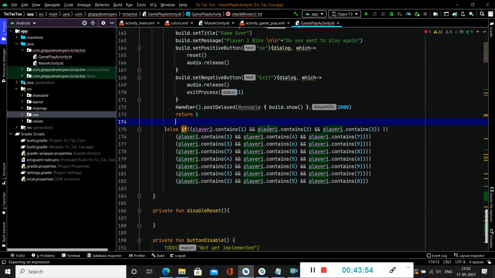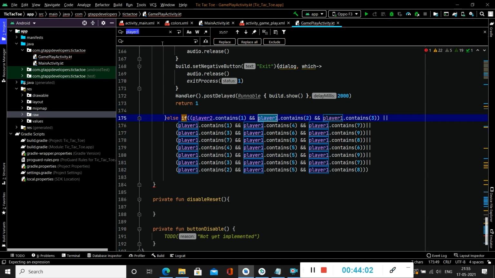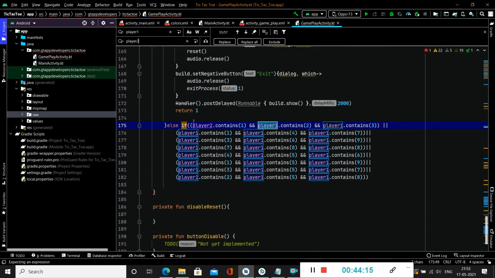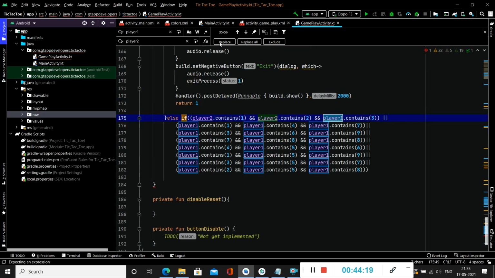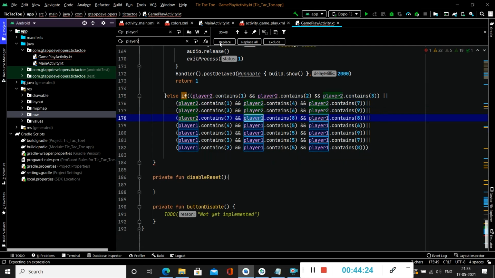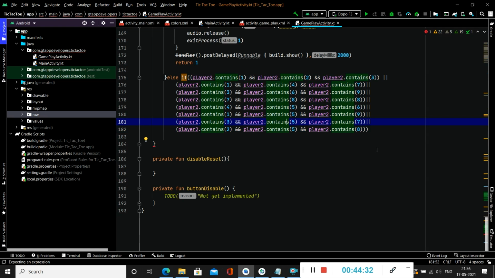We can simply change it by selecting this variable, then clicking Control F, and to replace it, we have to press Control R. So we will get to see another box. Inside this, we will have to add player 2, and we have to replace each one by one. If we click on replace all, it will replace all the variables as well. So for that, we simply have to click on replace one by one. That is, this will replace each variable at a time. Now we have replaced all player 1 with player 2.